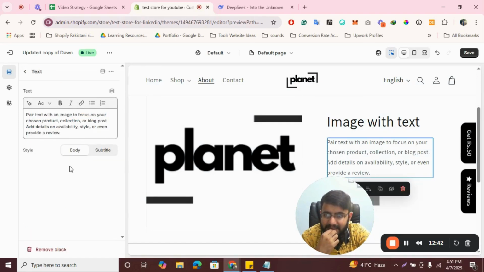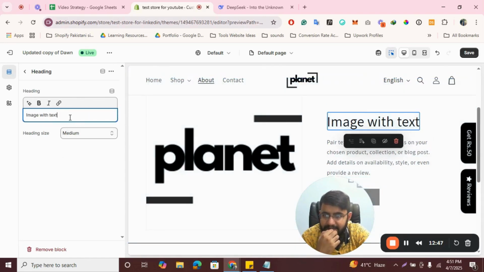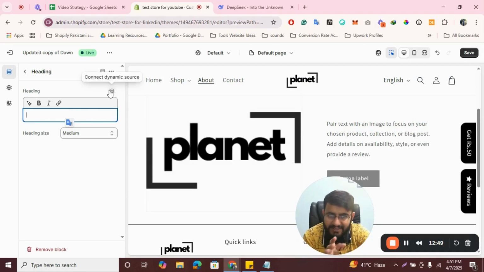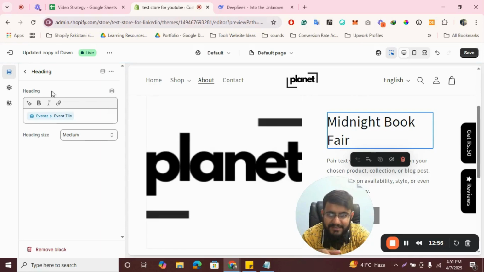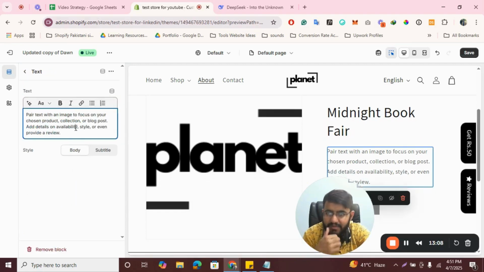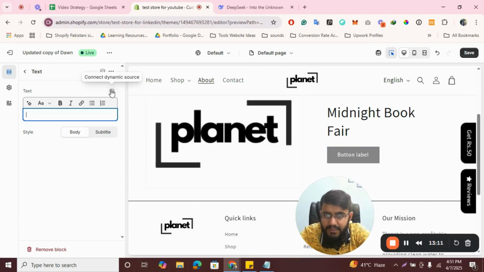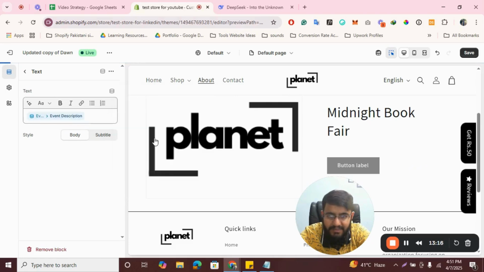And this is the text one. Okay, so this is the heading, and just delete this one and it will automatically fetch this. So it will show events, and inside the events it will show event title. So that's it. It is automatically fetched, and I don't have to manually write each and every data. I have written data once, and then I have given the reference to that page, and it is automatically fetching all the information. So then for the description, I have to click on events and event description,